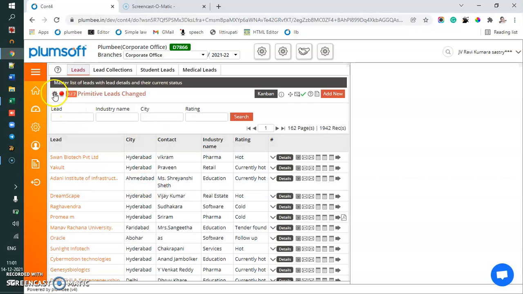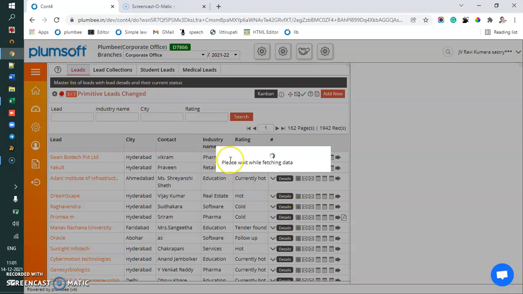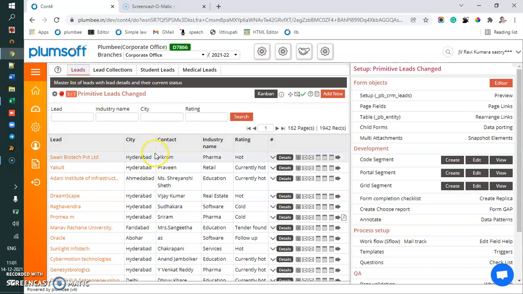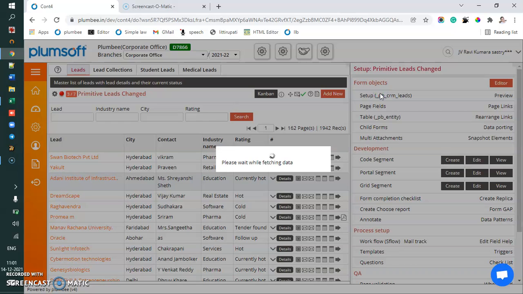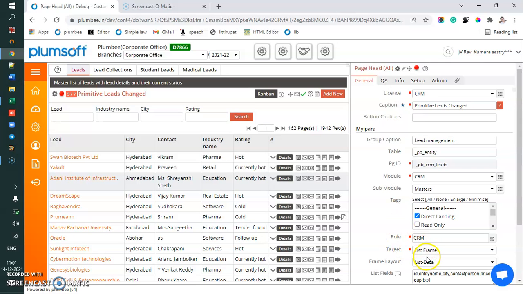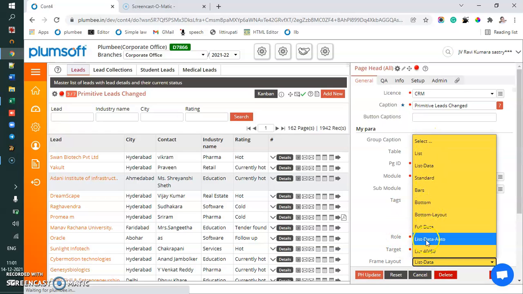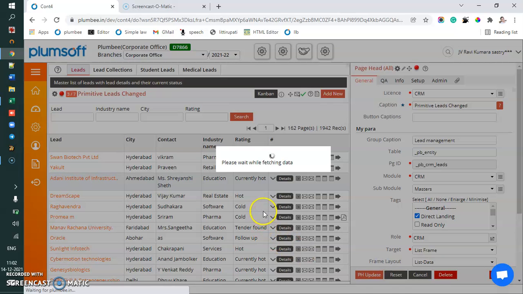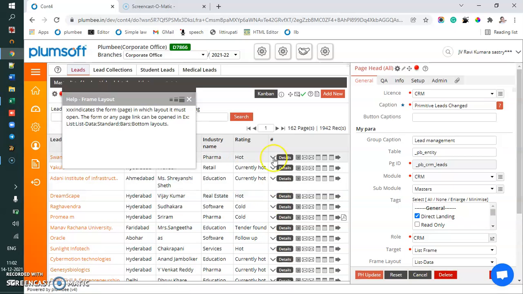Now next comes how you would like to see this form. This is called list edit layout. You have a list here and the edit, when you edit it comes here. So I'm going here. In the form setup, or rather the layout as it is called, there are a lot of layouts. Just one sample I wanted to show. Of course there is some help on this, on what each layout means. Okay, so you can see this.